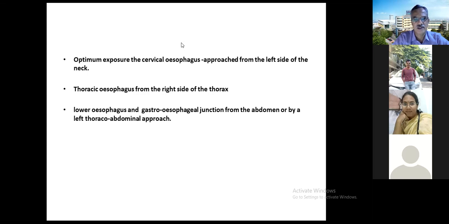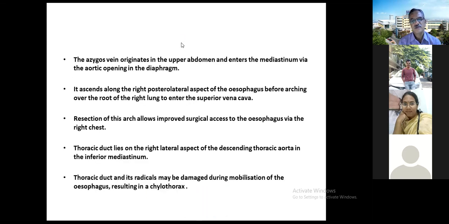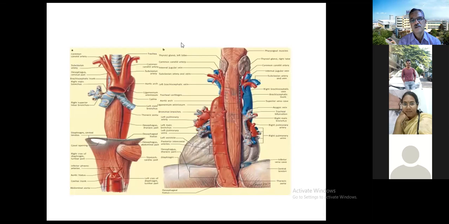Around the esophagus, there are very, very important structures. Aorta. What is the relationship of the IVC? You have that diagram there? No, sir. It lies, sir, in the lateral part, on the right side and a little posterior to the esophagus along its course. It's not very close to it. Okay. All right. Carry on.